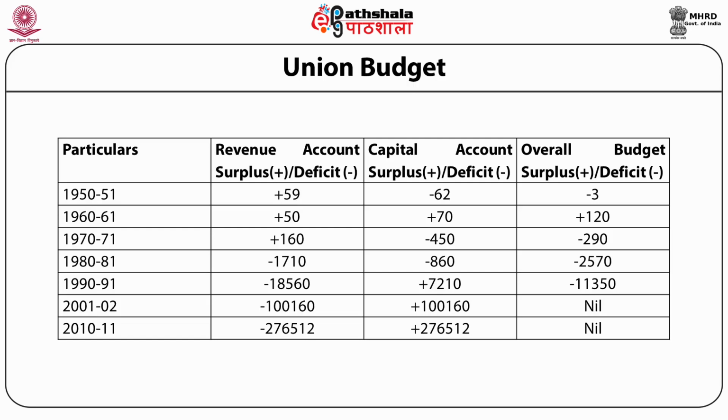up to 2010-11. We can see that initially our country was a revenue surplus country, but gradually it rose to a revenue deficit country. In terms of capital account, we have seen that there was a deficit, but in 2010-2011 it was a surplus of 2,76,512 crores. And when we look at the overall deficit or surplus, the situation has deteriorated over a period of